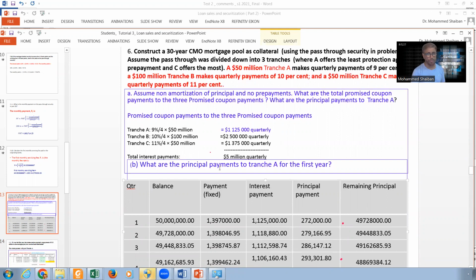I don't want to confuse you at this stage and for this test, so no calculation for CMO in this test. There will be some theoretical questions only, and these theoretical questions would not talk about the calculation. They will talk about some other things. So please take note of this.